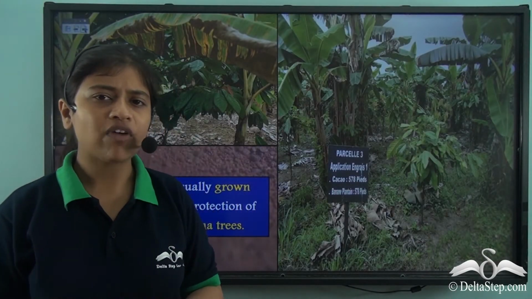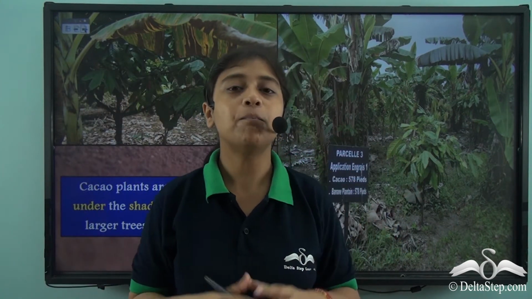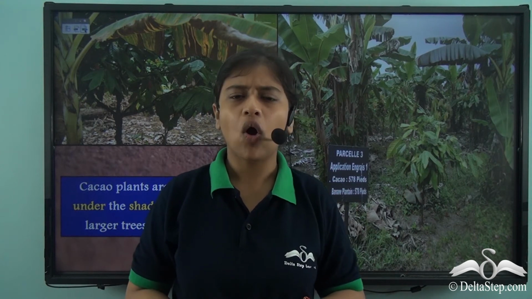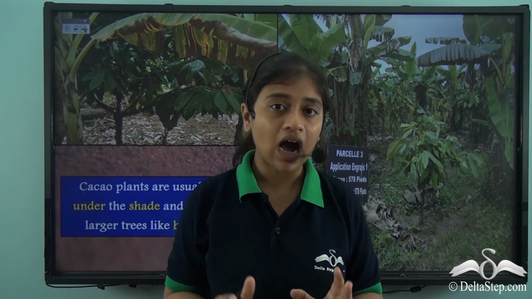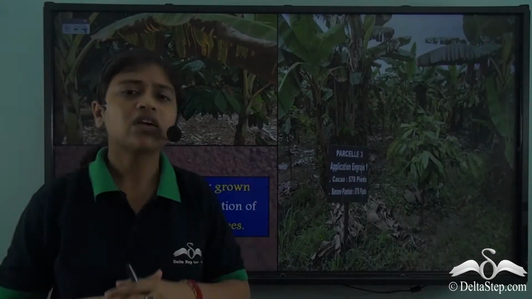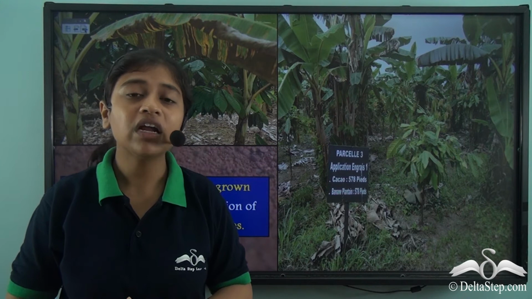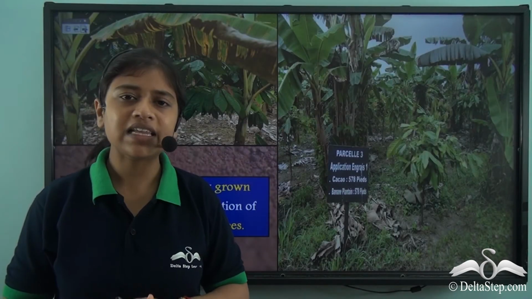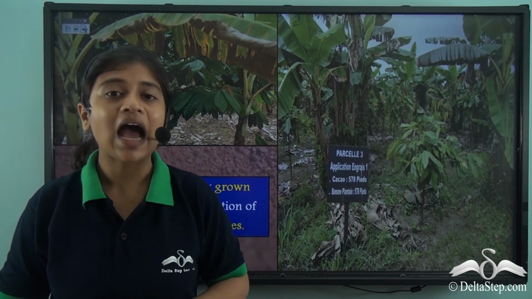Now, most of the farmers or cacao cultivators are clever enough to plant the cacao trees along with larger trees like banyan trees or banana trees. Now, why do you think so? Well, the cacao tree requires enough sunlight. The cacao tree grows well in full to partial sunlight. However, long exposure to the direct rays of the sun will scorch their leaves, for which they also require an abundant amount of protection and shade.